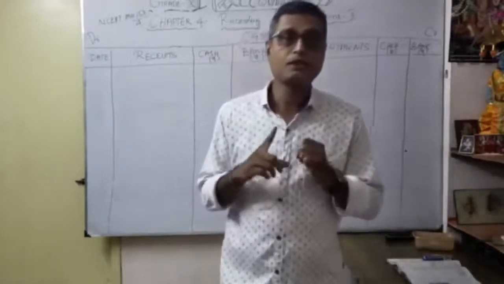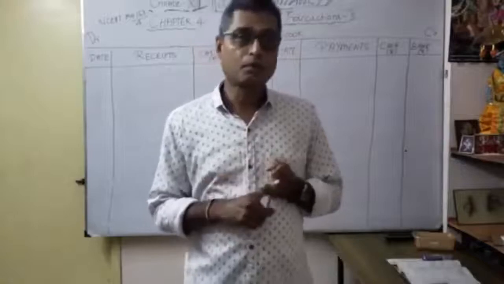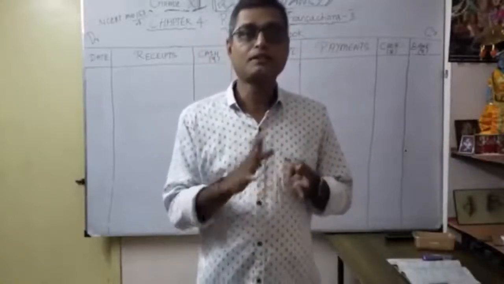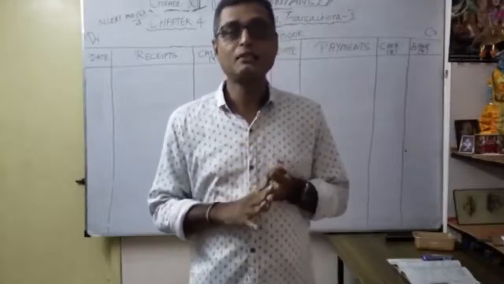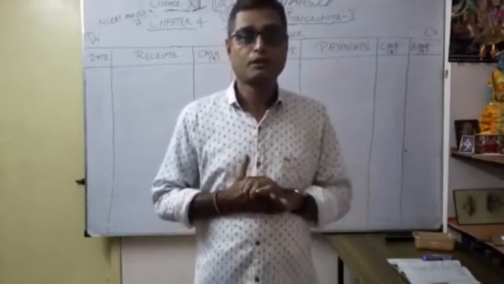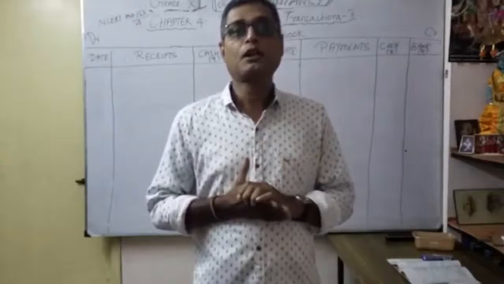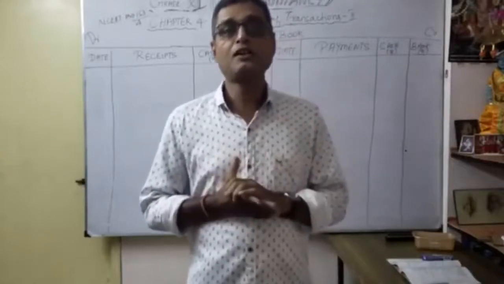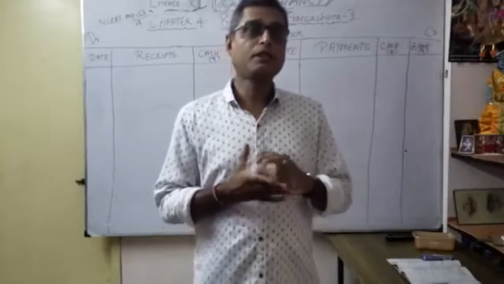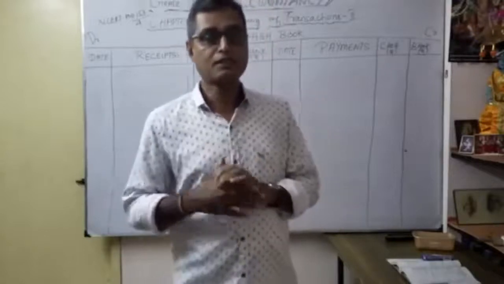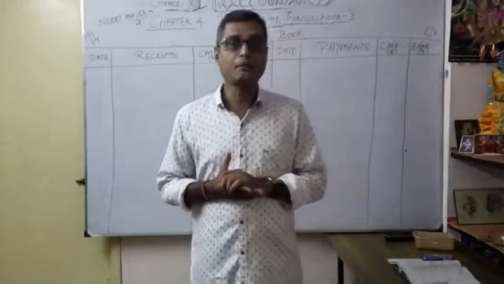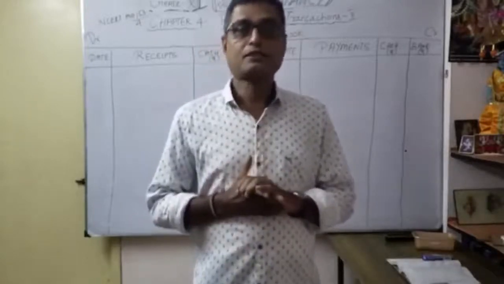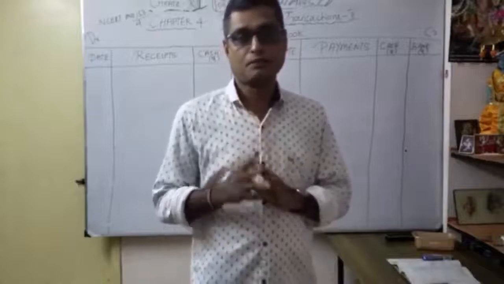We already discussed the cash book, totally 4 types. What is number 1? Single column cash book, double column cash book, triple column cash book, which is not part of our discussion, then the fourth one, petty cash book. What is the meaning of single column cash book? Only the cash transactions are entered in the cash book. Today in this session we are going to discuss the second type, double column cash book, that is two sides of cash book.